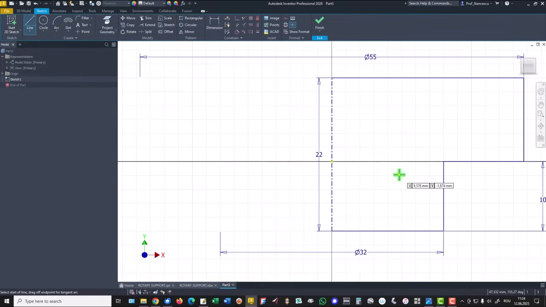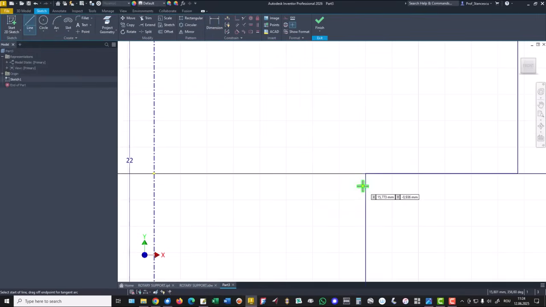We draw lines here, 1, 2 perpendicular, 3. We place a dimension of 0.2 between these two, 0.2. We place an angle of 45